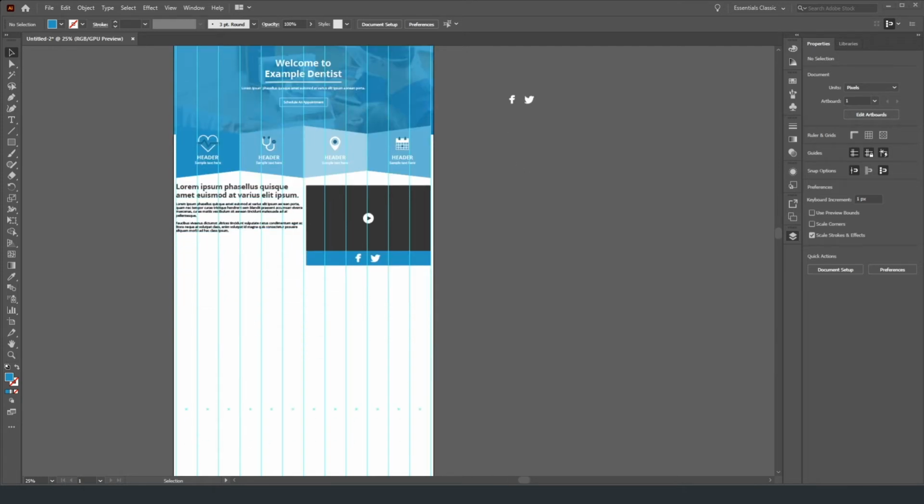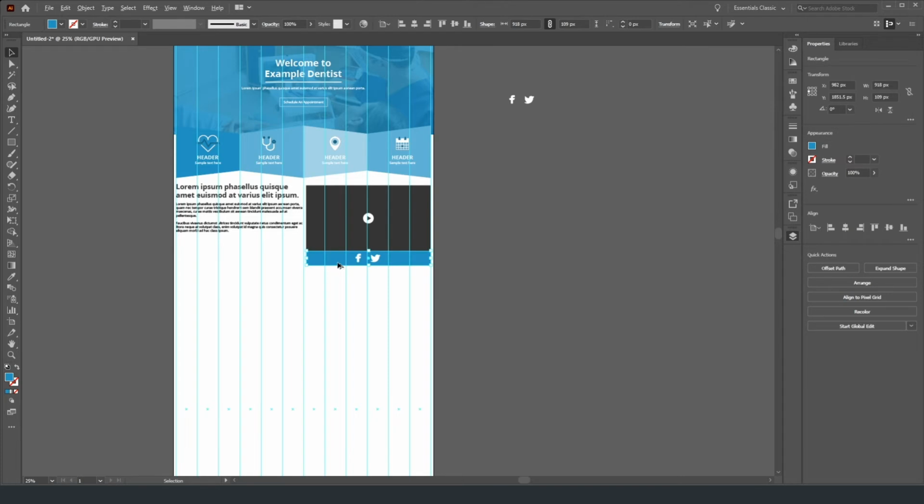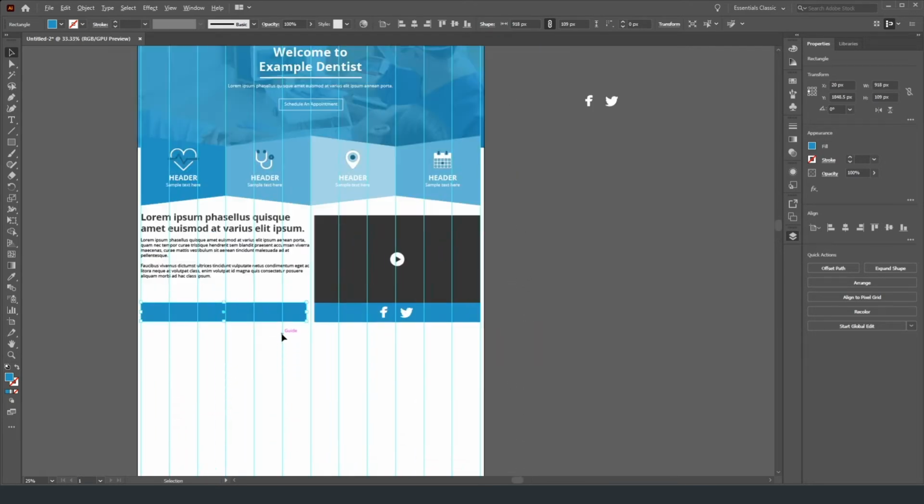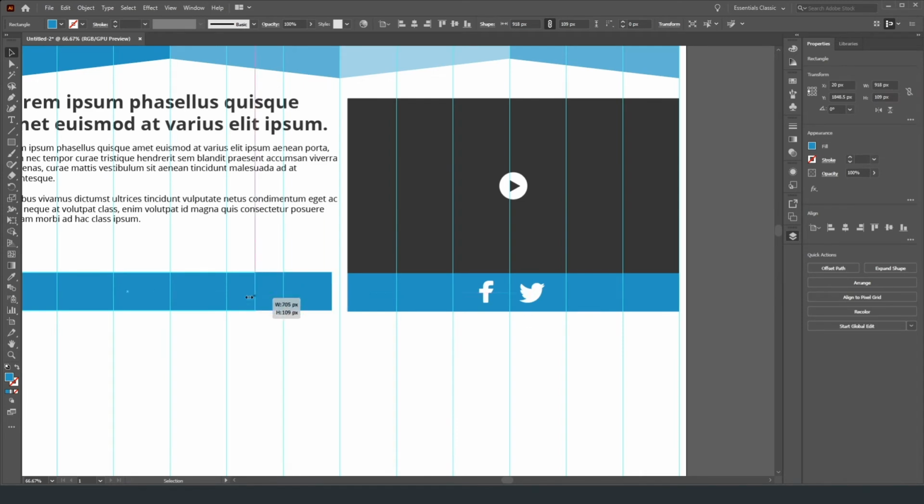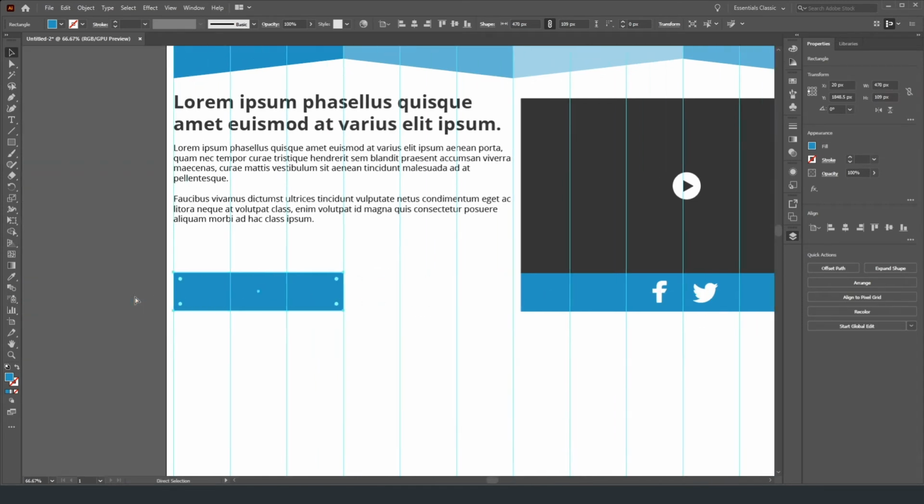Alright, so now we have some general content. Let's put up a generic button. A generic button is going to look essentially like this, but it's going to have white text on it. So I'm going to drag this over to here and resize it, and then we're just going to put some text on the inside of it, and let's say